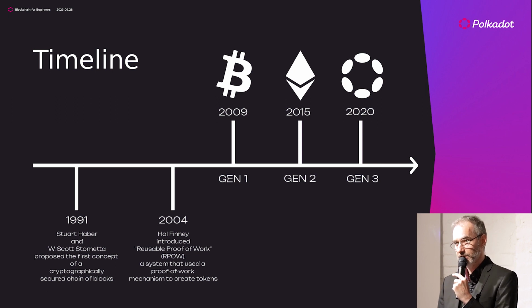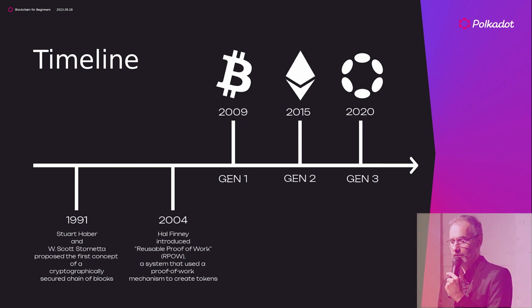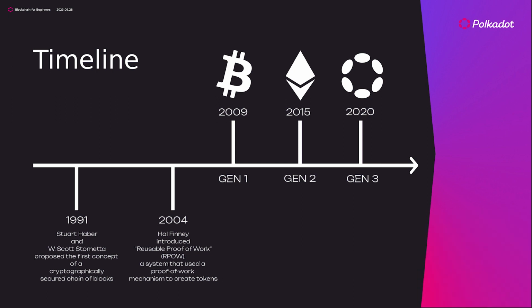Shortly after that, basically the technology was ready to release, and in 2009, Bitcoin went online, was a full success as we know today. That's basically called Generation 1 blockchain, which doesn't have much more than just transactions and a very simplified user interface, but still enough for success. Then quickly, within steps of 5 years, we came to Generation 2, Ethereum with smart contracts and a lot more usability and built-in intelligence.